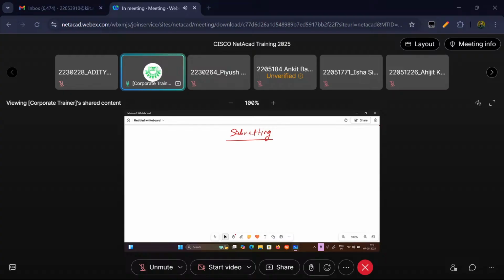Definition of subnetting. A subnetwork or a subnet is a logical subdivision of